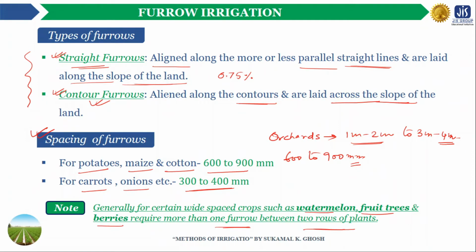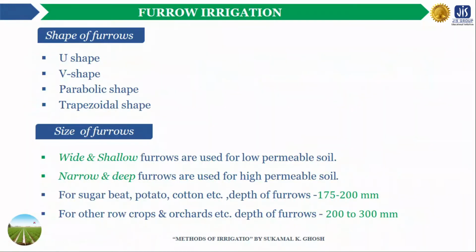In general, furrows should be placed close enough to ensure that water spreads to the sides into the lands between the furrows and the root zones of the crops to replenish the soil moisture uniformly. Now, the shape and the size of the furrows mainly depend on the soil conditions and the type of the crops. In general, the furrows used are either U-shaped, V-shaped, parabolic shaped or trapezoidal shaped as per the requirements of